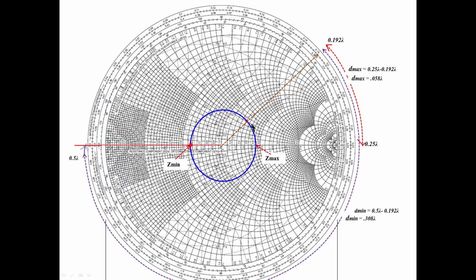I want to know the distance from here to here. For that, starting from the center of the Smith chart, passing through this point, you draw a line. It is intersecting the wavelength scale here. This is the wavelength scale, 0.49. Here is 0.49. Actually, this is 0.5. We are moving like this, starting from here.